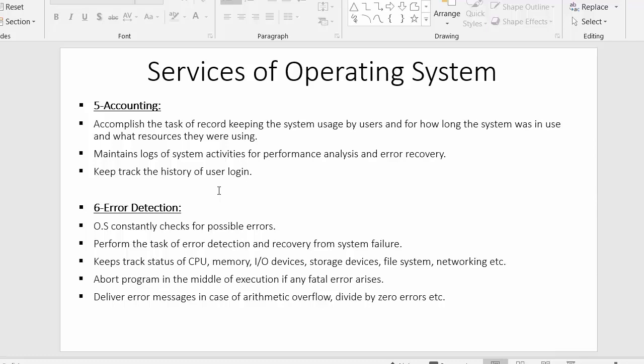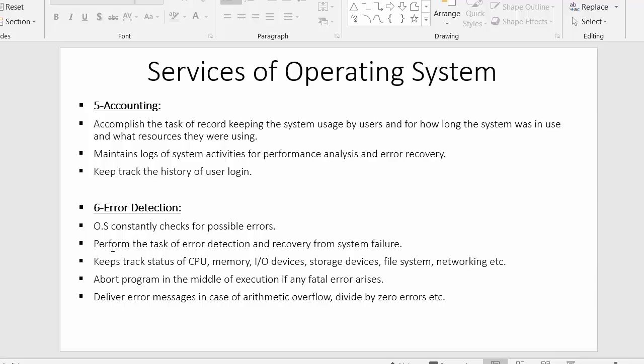So these things come under the accounting services of operating system, where the operating system behaves as an accounting manager, who continuously keeps a check on each and every minute activity of users when they were using the system. So this is everything about accounting. Now the next service of operating system is error detection.